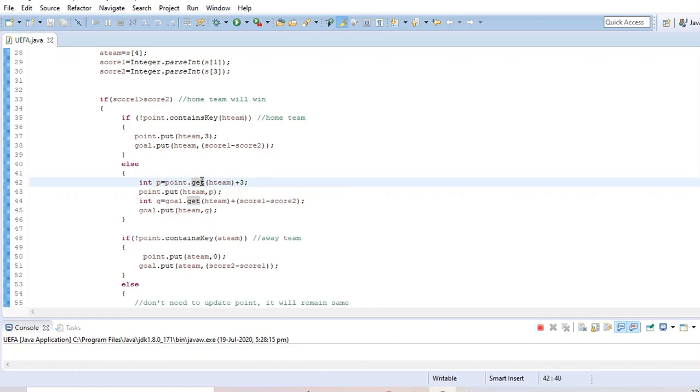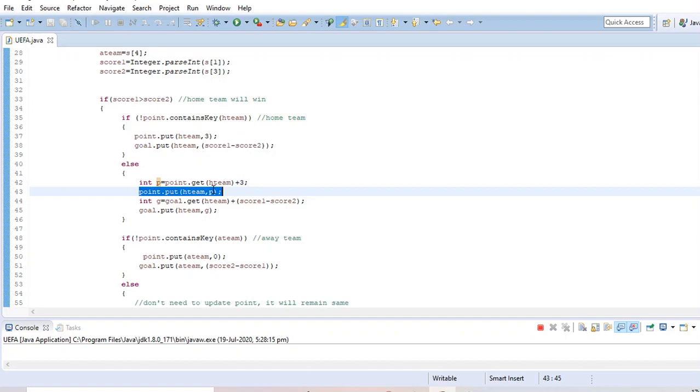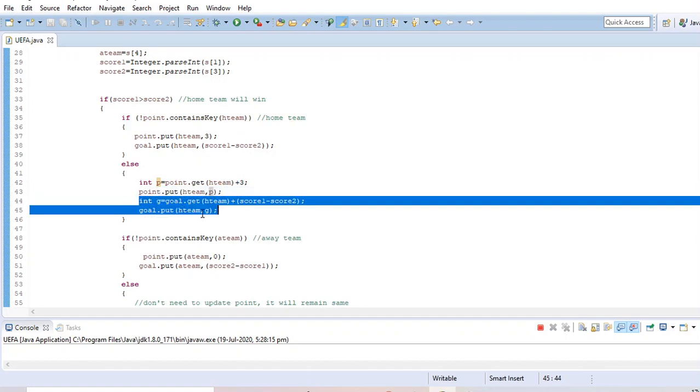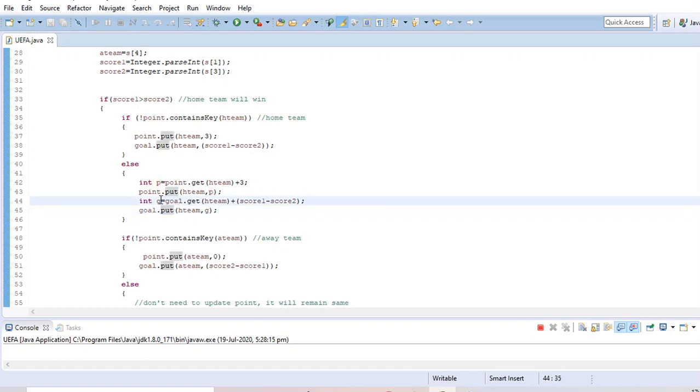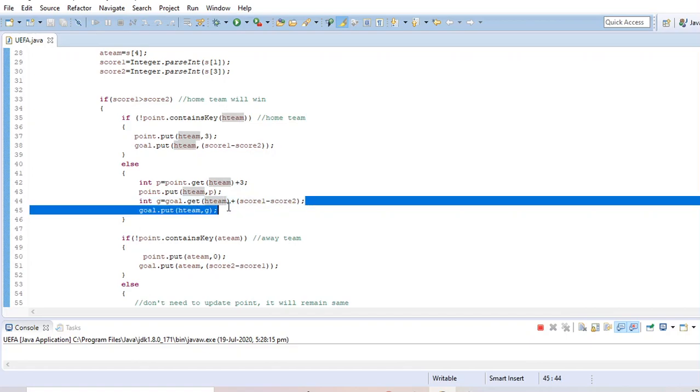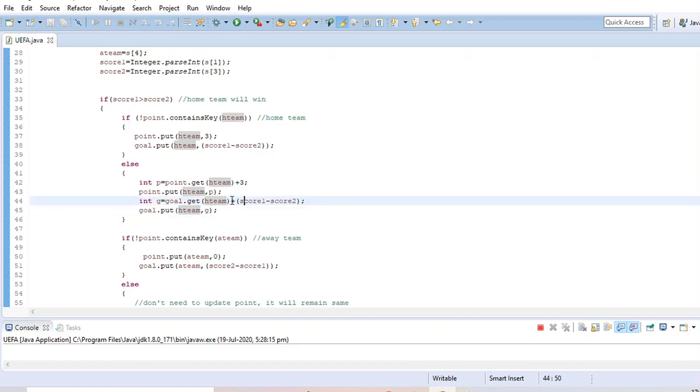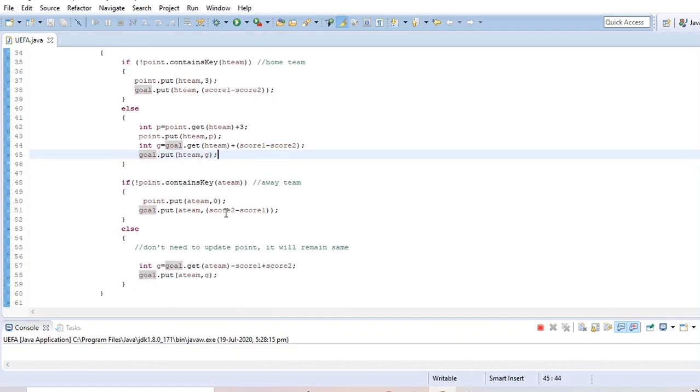I have the value of the previous point and I add 3 to that point, and I store this total value in p and insert it with put in the hash table. The same way I did for the goal table, I take G, where I put the new goal difference and add it to the previous goal difference and put this value in the goal hash table.